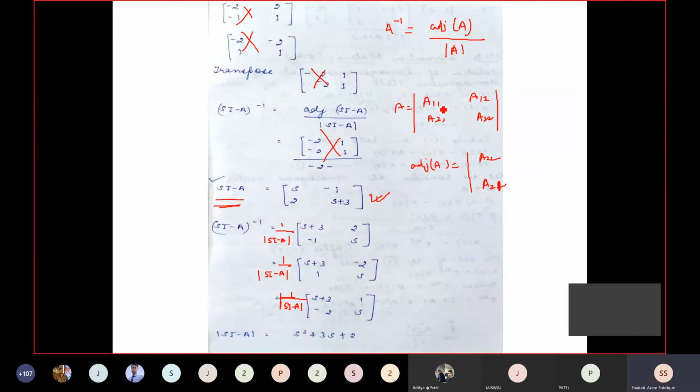Now what will happen? For this position I'll check. For this position it is A12. So that will be written in a transpose. Transpose means this point. So this will be written as A12. Try to check row wise, and fill in column wise. Now what will be written for A22? For this position, this is the matrix. So A11 will be written here. I am filling column wise.